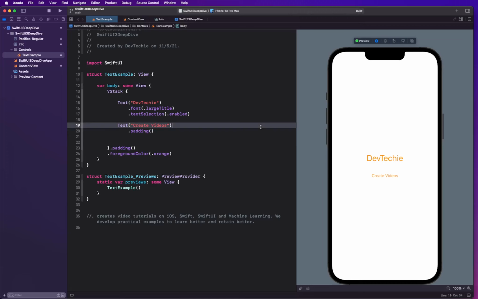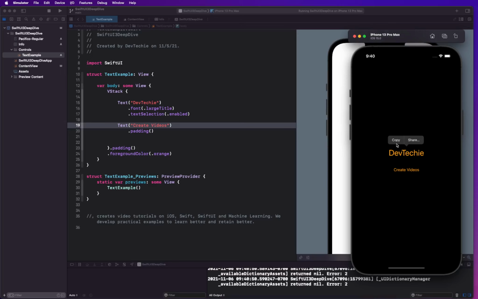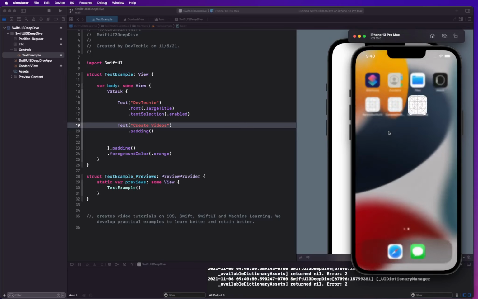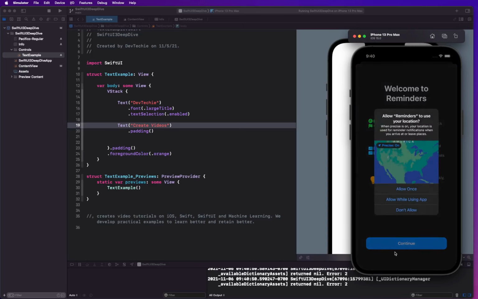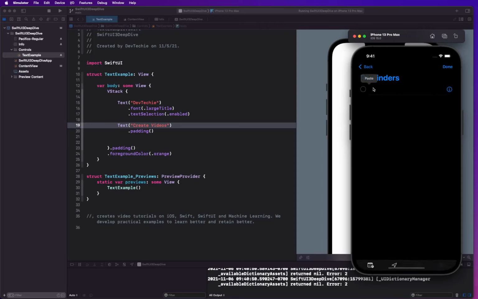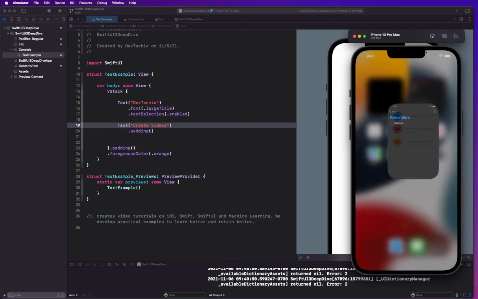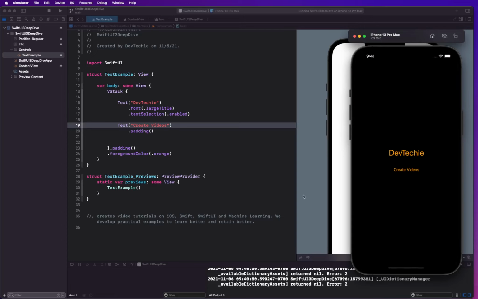So if I go ahead and run this, and tap and hold and copy, go to home, and maybe in the reminders I'll just try to paste. There you go. So tap key has been copied into the clipboard. So that's actually a new way to support copyable text inside your text views,